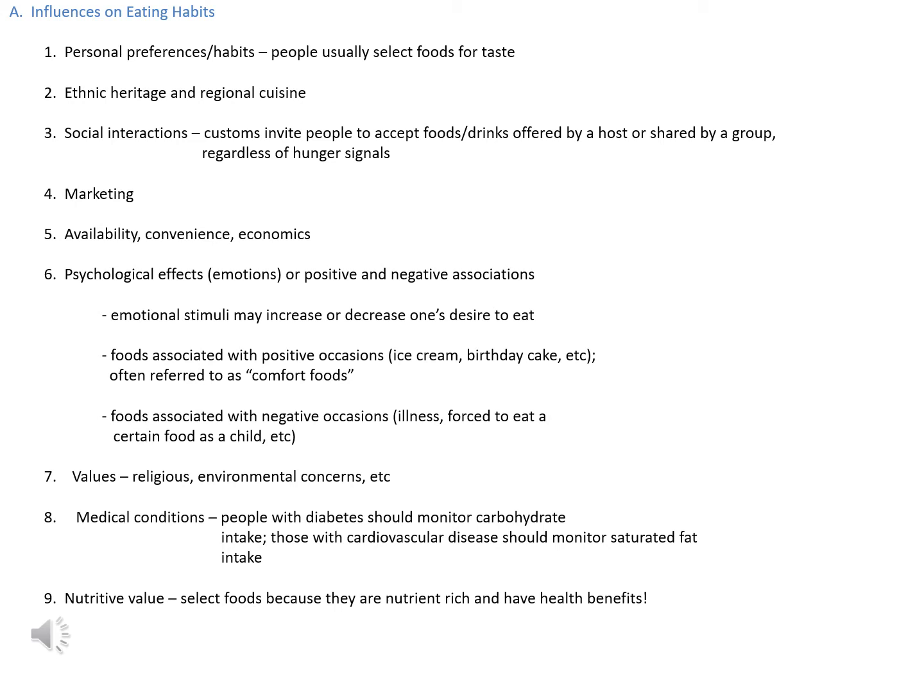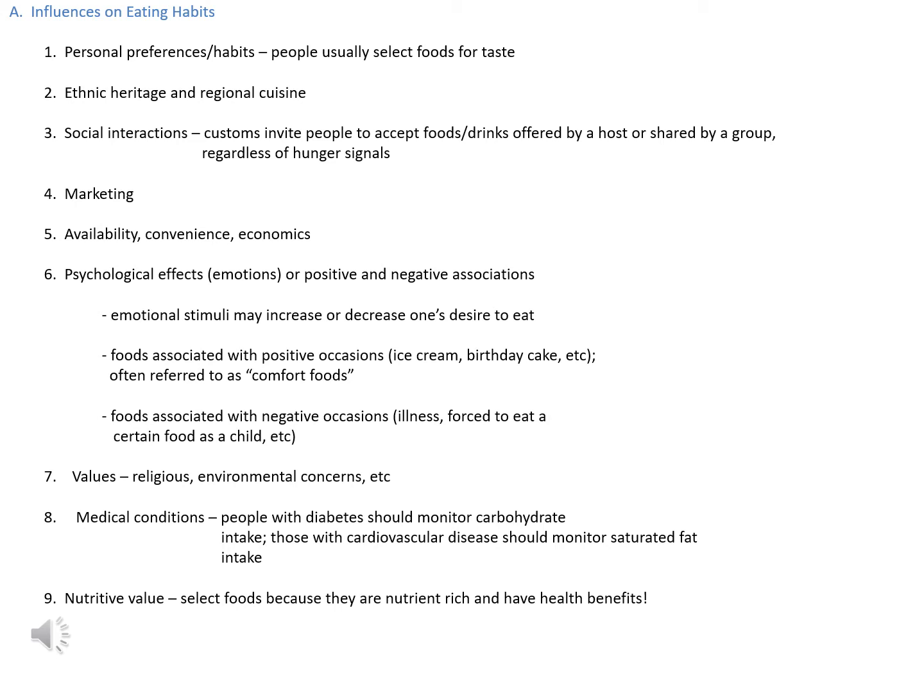You might have somebody who will only choose to buy foods that are grown locally to cut down on the environmental effects of transportation, global warming, and such that result from having to ship foods long distances. Another example might be someone who becomes a vegetarian because they are supporting animal rights. So there are a lot of values that can also come into play.